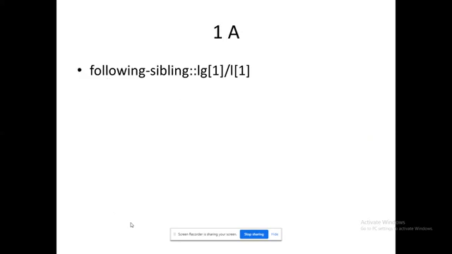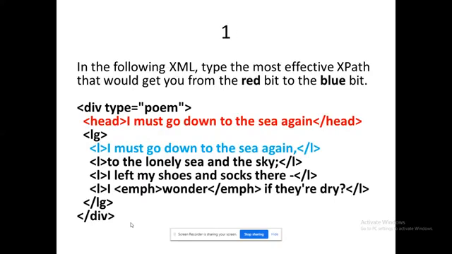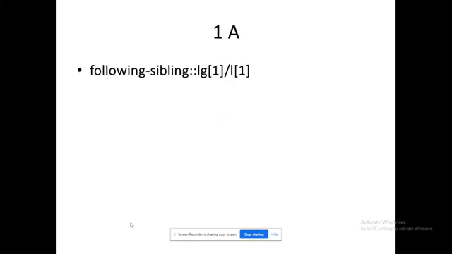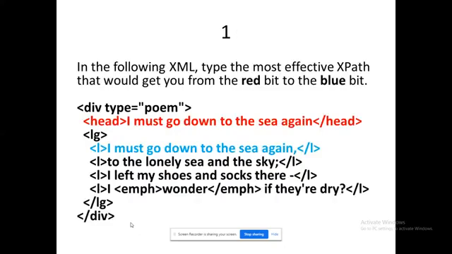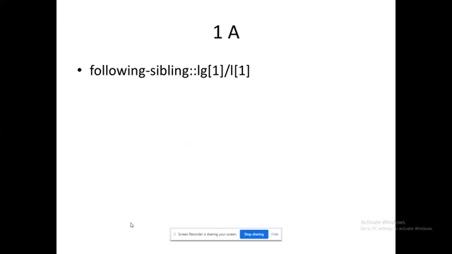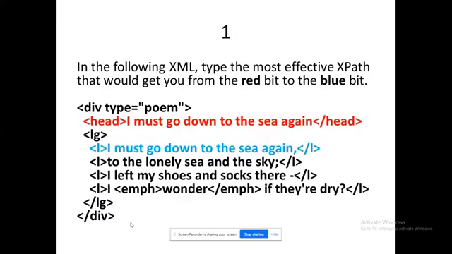If you go back to our previous slides, you can find these functions: following-sibling, that is the function. LG is the tag name. Next, LG[1] represents the first record.